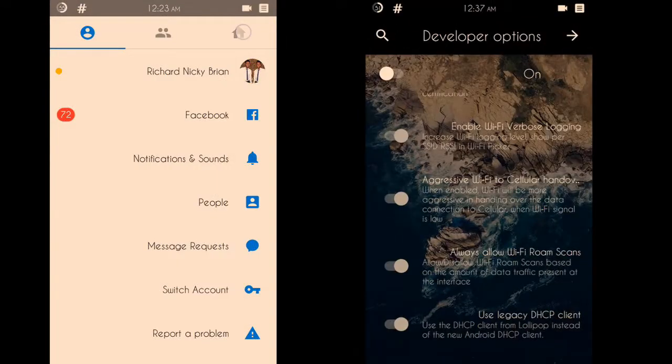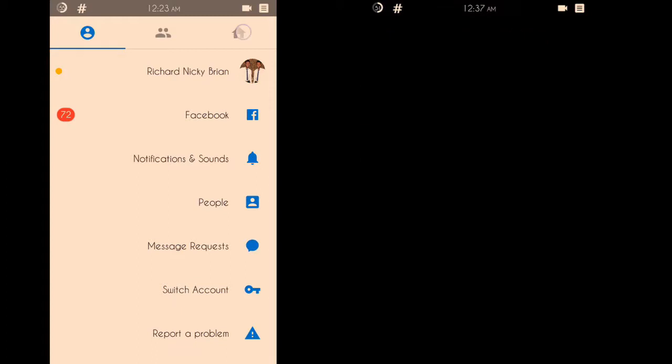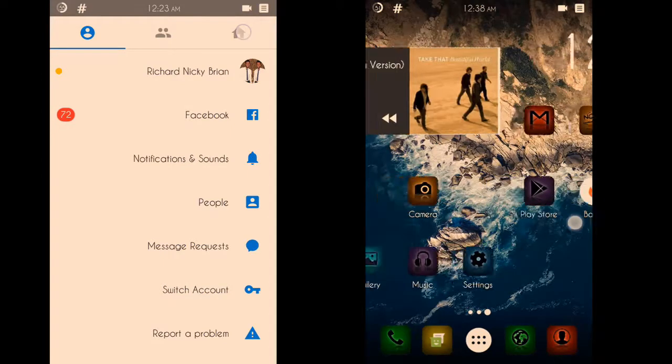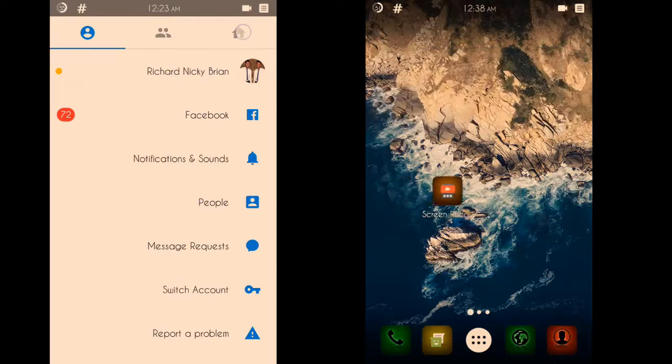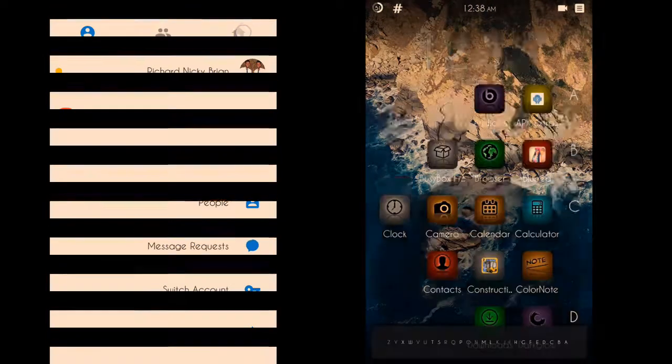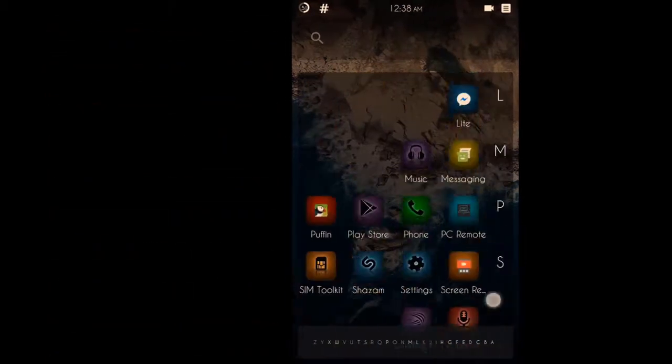Okay, that's how you can do it. It's right to left features. Okay, let's see. As you can see, it has moved from right to left, and all apps here, as you can